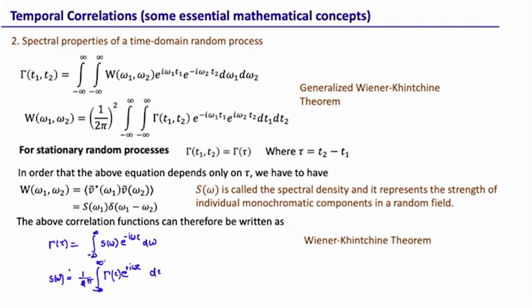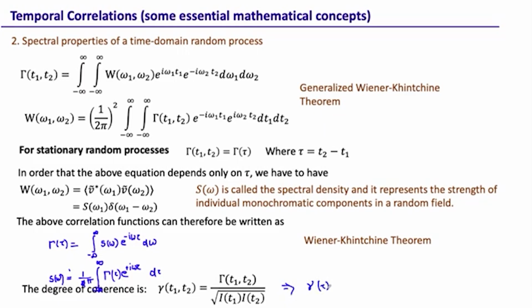The other one was the generalized Wiener-Khinchin theorem. This is just called the Wiener-Khinchin theorem. And in this case, the degree of coherence, which was defined like this, we can write as gamma of tau equal to